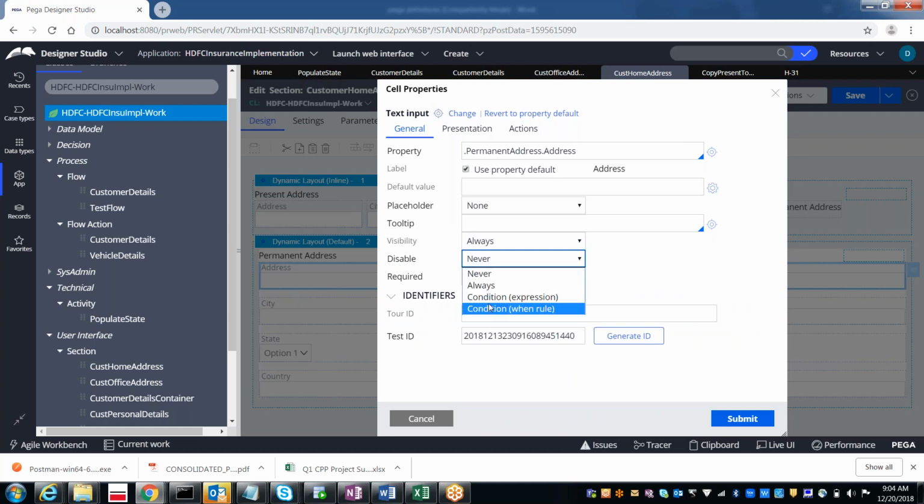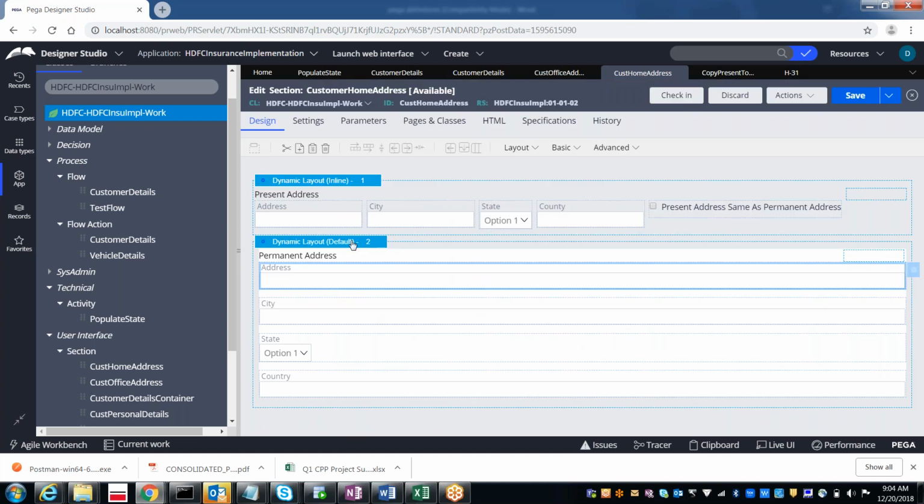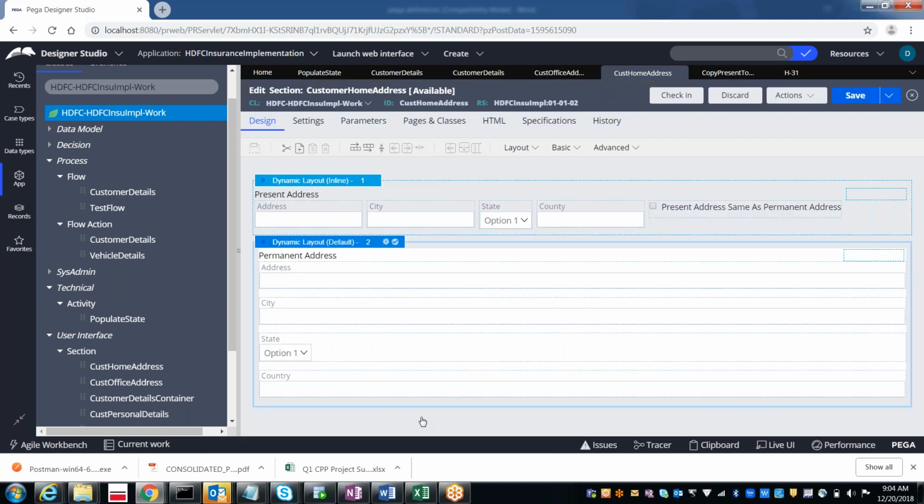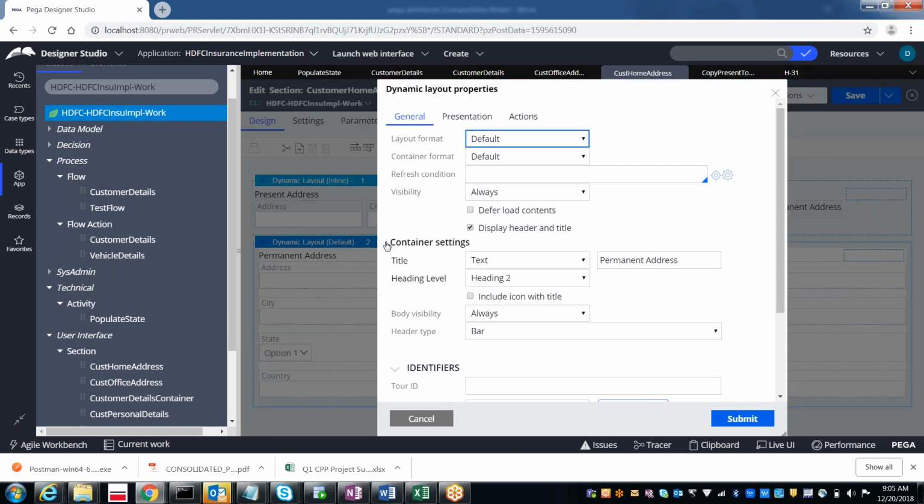So when it should be disabled, we can either use condition or else expression, right? Can someone remember what is the condition we had given for the layout? Visible condition, right? Now again, I already told you, visible condition you can give for the complete layout.